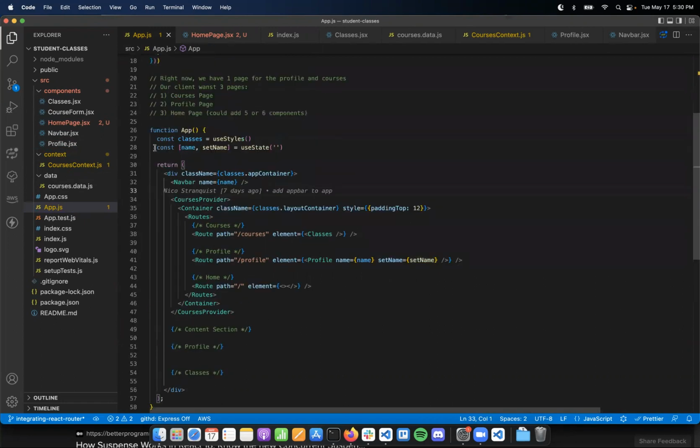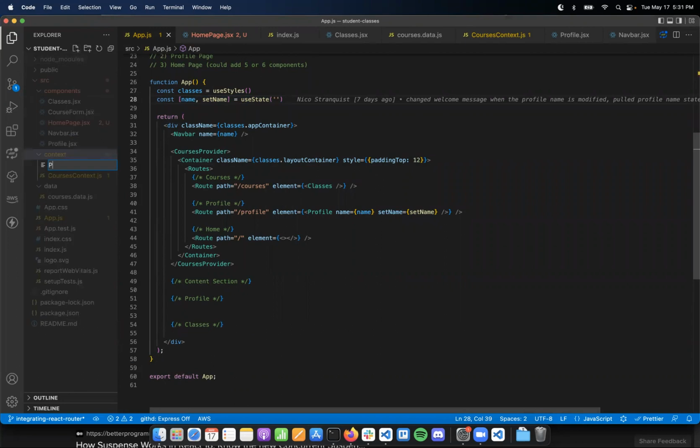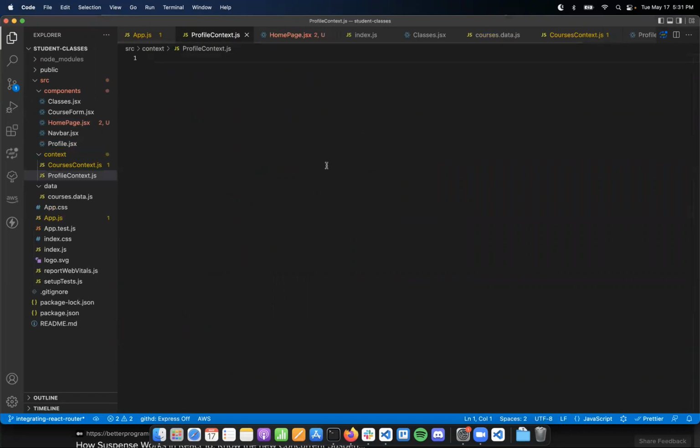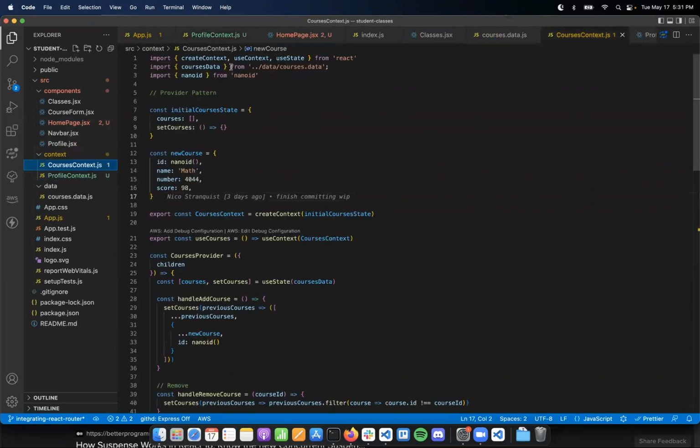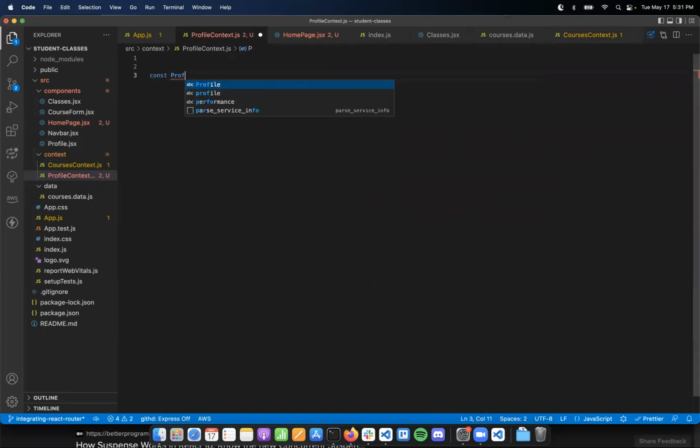Instead of doing it this way, let's refactor to put it into a context API for practice. So we're going to make a profile context file. And we can look back here and see we need a create context. So profile context equals